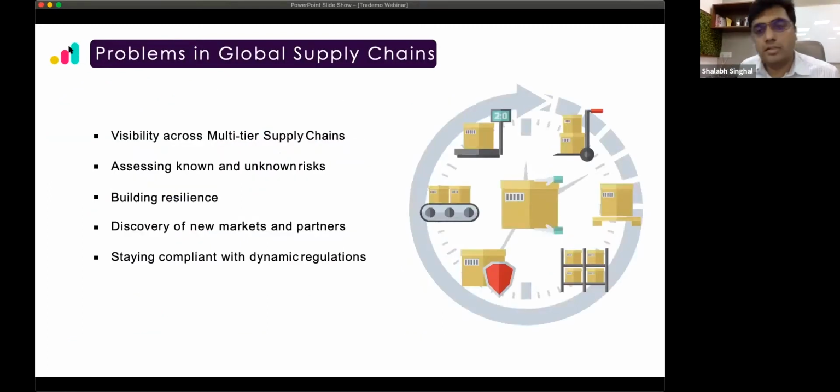But there are still several unaddressed problems in global supply chains, right? So the first problem is basically visibility, right? The different stakeholders in global trade do not have complete visibility on the complex multi-tier supply chain network. When I say multi-tier, it is basically who are my suppliers, or who is my fourth degree supplier, which has become significantly more important given all the ESG compliances, visibility, compliance issues, as well as what we have seen recently of supply chains getting disrupted in events like COVID.